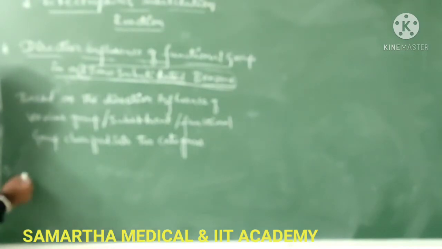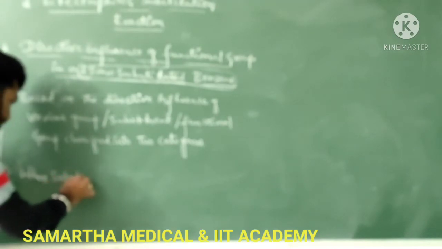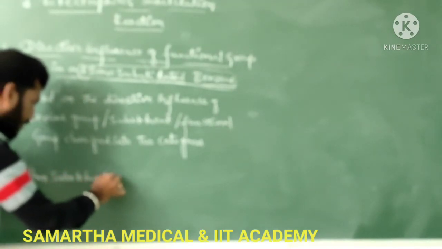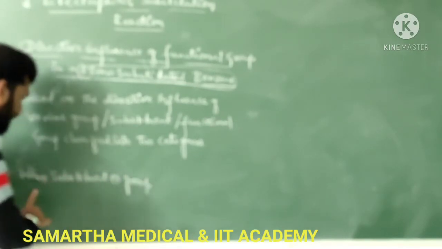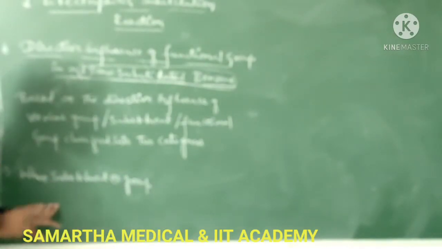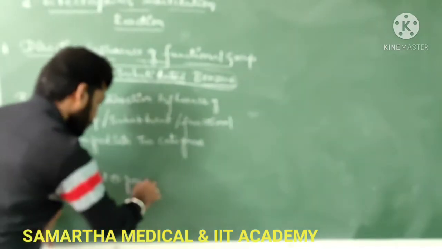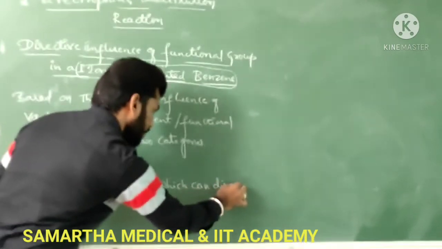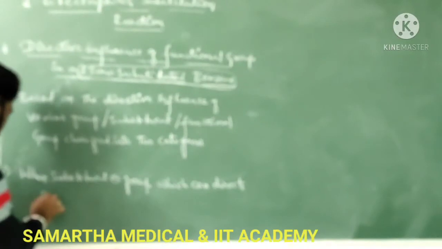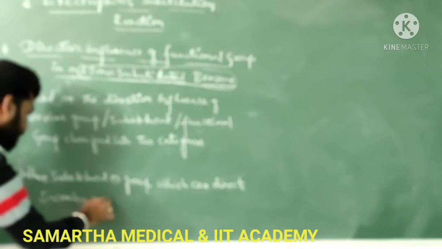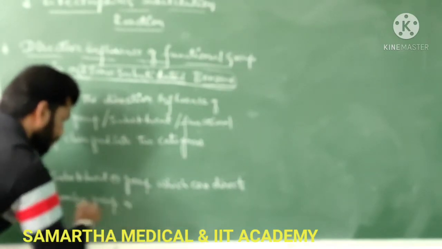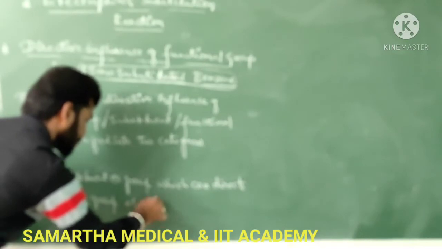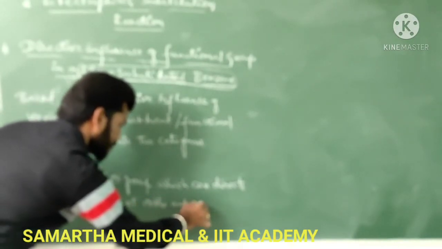You just see the definition. When a substituent or a group, which is nothing but an existing group already present in a ring, can direct the incoming group at ortho and para position,